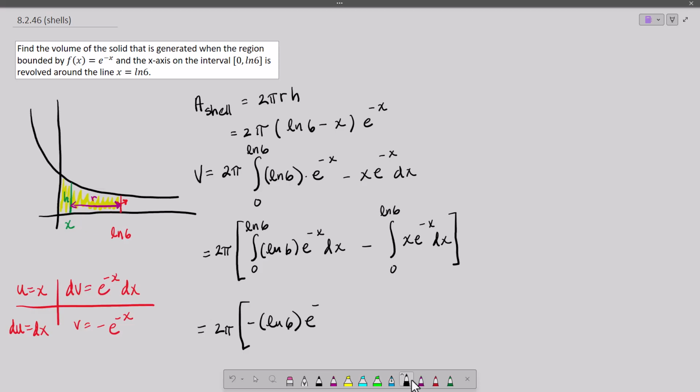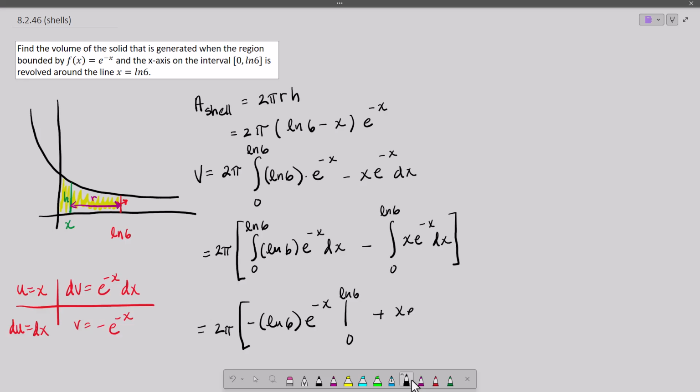The integral of e to the negative x is itself divided by negative 1. That's going to get evaluated from 0 to natural log of 6. And then this one becomes minus, and I didn't push this minus sign in, so we have to be careful to distribute it amongst our uv minus integral of e to u. So uv is negative, and when we distribute this negative to it, we get negative times negative, which is positive,